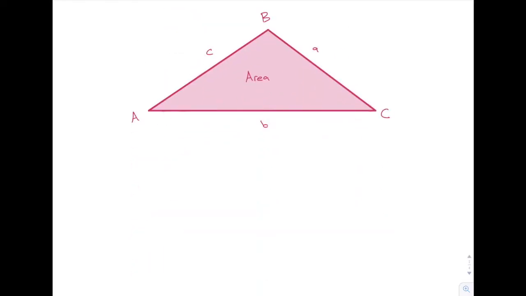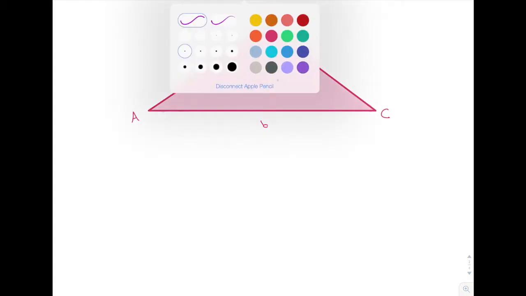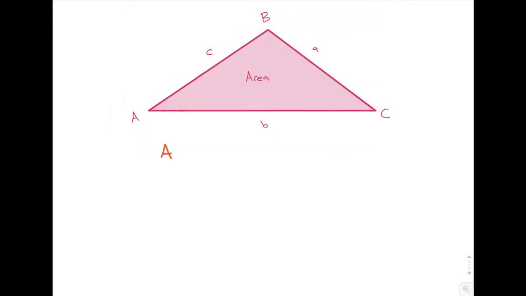Consider this triangle. We want to find a definition for the area of this triangle that is equivalent to the definition that we've already talked about. So let's start with that one. Let's start with A equals 1/2 ab sine C. Let's square both sides. So we have A squared equals 1/4 little a squared, little b squared, and then sine